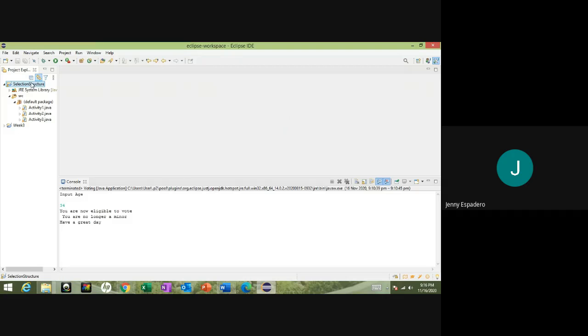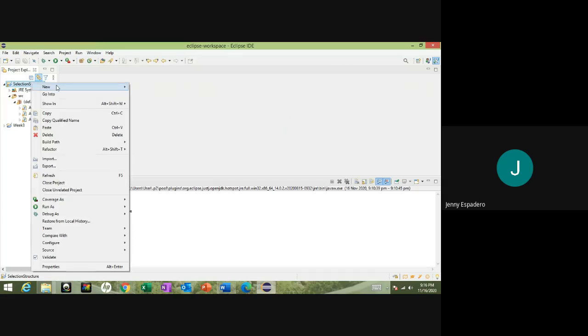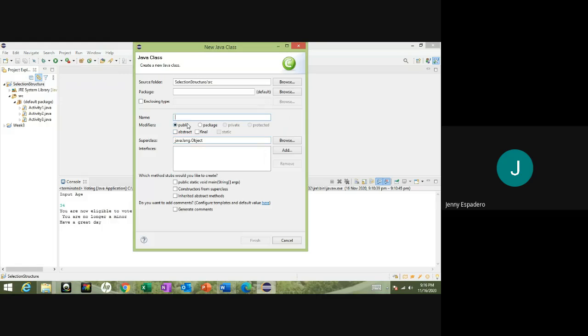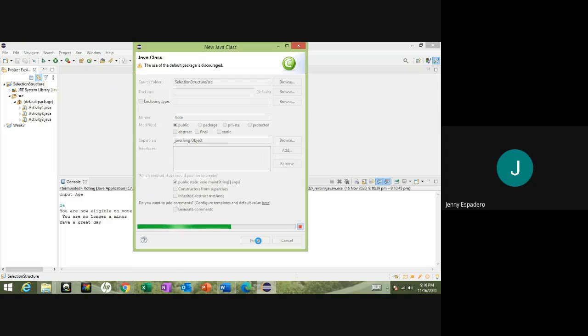So let us start. Right click, then new, and go to class. Let us call it Vote class, then check public static void main, and finish.